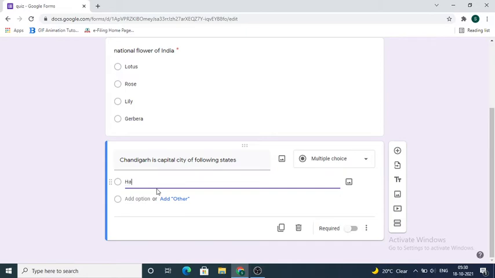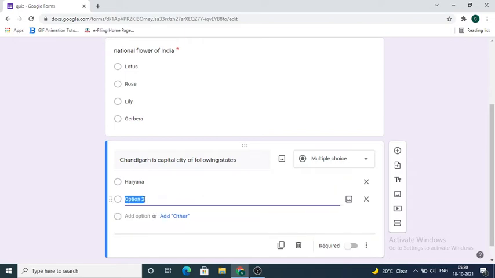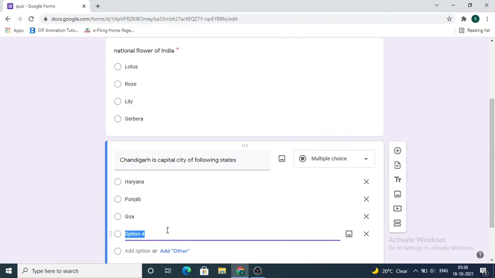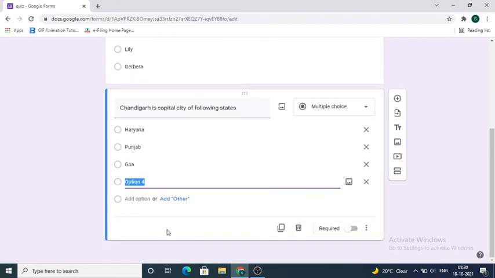I will type Haryana, then I will type Punjab, then I will type Goa, and I will type Maharashtra.